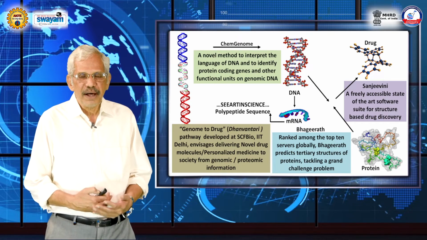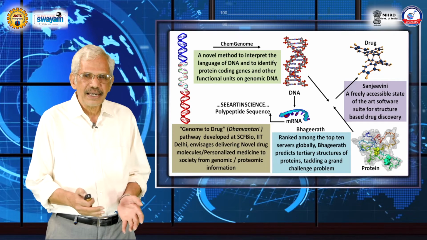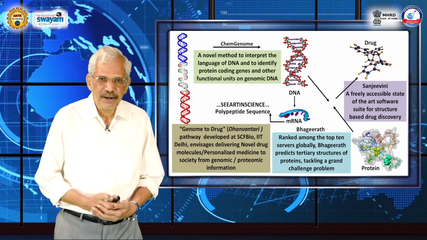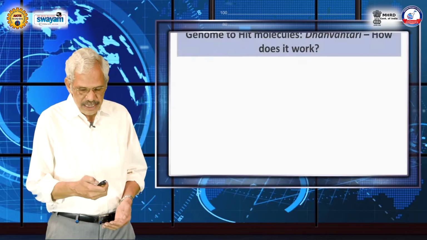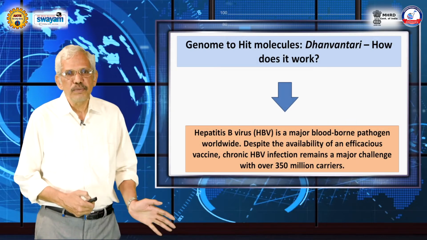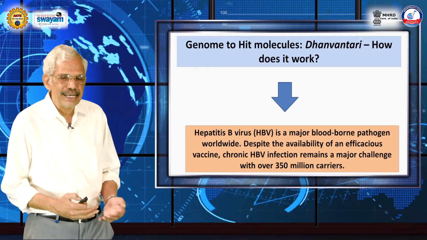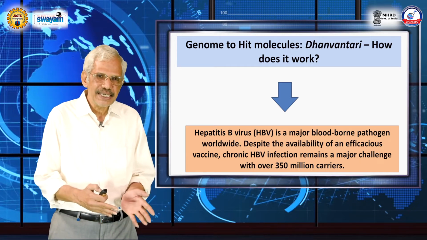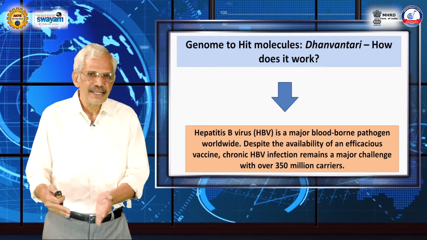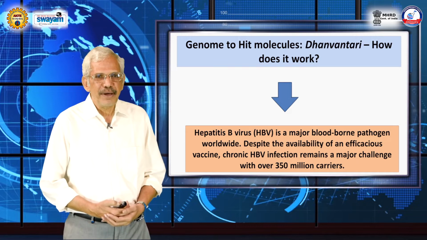Now, I want to come up with a molecule. That molecule is target oriented or it's target specific. So, that software is called Sanjeevani. So, I will share with you on how do we proceed in this context on this genome all the way to a hit molecule or a drug molecule. I will call modestly it as a hit molecule. So, first phase is a hit, next phase is a lead, and the third phase of course is a drug molecule. So, how do you go from a genome to a hit molecule?